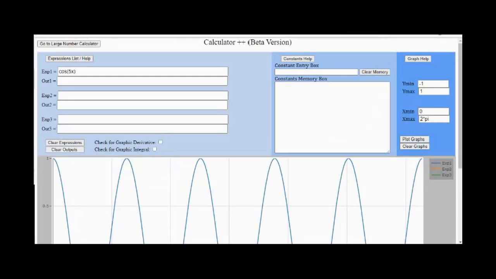Calc++ is actually 2 different types of calculators in one package. All calculations made on this screen were limited to 16 decimal place accuracy, like most other scientific calculators. Now let's take a look at the large number calculator, or LN calculator for short, which does not have that limitation. Click on the button called Go to Large Number Calculator, as shown on the screen,